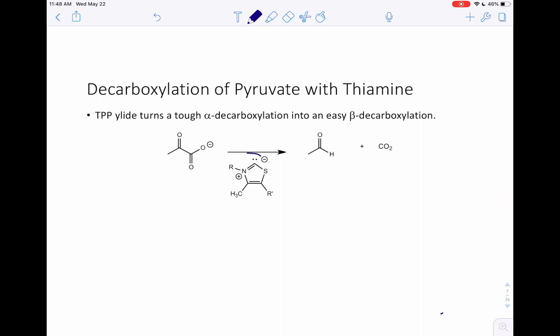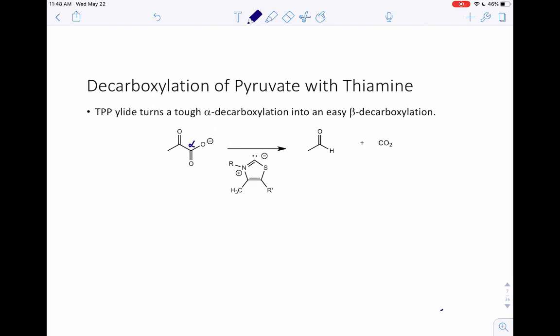So now that we understand where this ylid comes from and how ylids behave, we can look at how we are even able to accomplish this, what's called an alpha decarboxylation. This carboxylate is alpha to this carbonyl. Now, in the past, we've seen beta decarboxylations, okay? So we've seen where the carboxylic acid is actually at the beta carbon relative